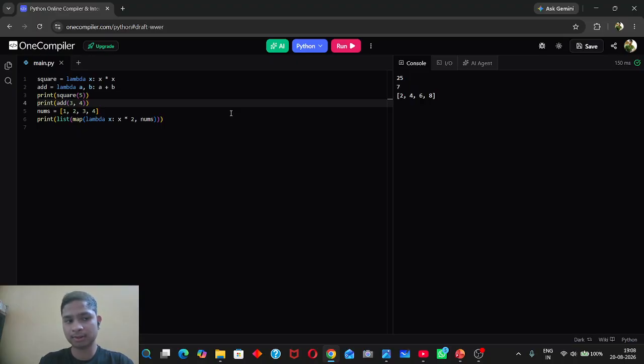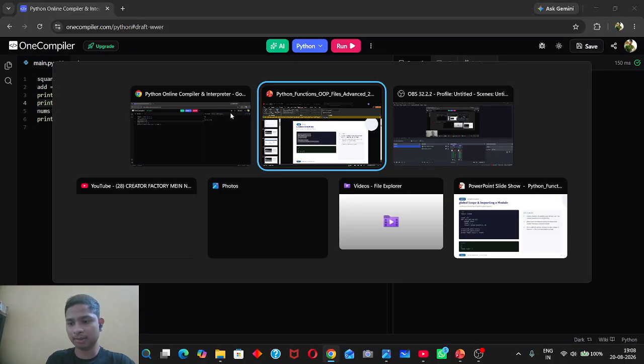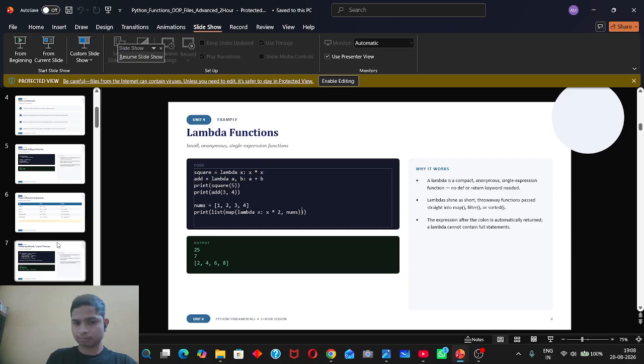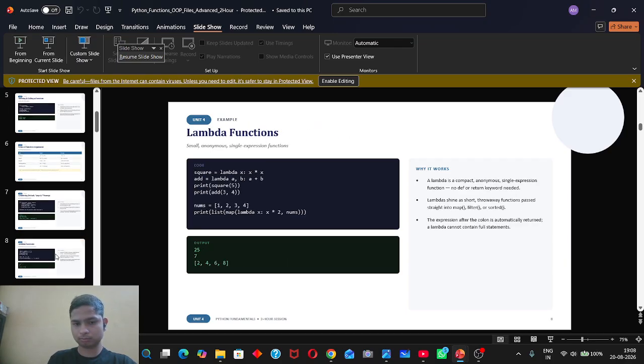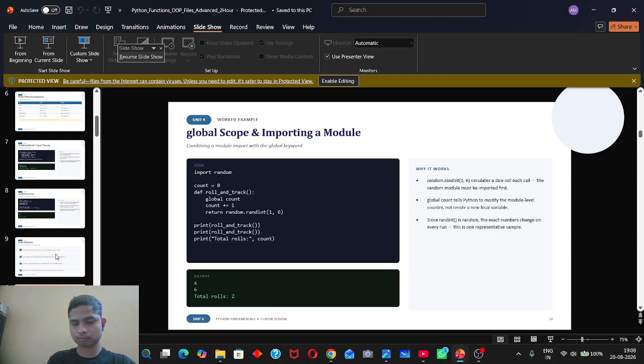So after operating this, it is printing the addition of 3 and 4 as 7, and for the numbers we have 1, 2, 3, 4, and in list form it is mapping the lambda. After multiplying by 2, it prints the numbers in list form as 2, 4, 6, 8, which were previously 1, 2, 3, 4, multiplied by 2, and then it has been printed. When we do this function,